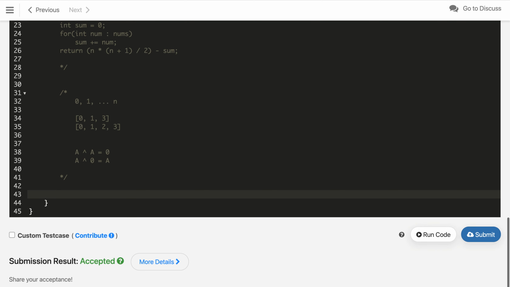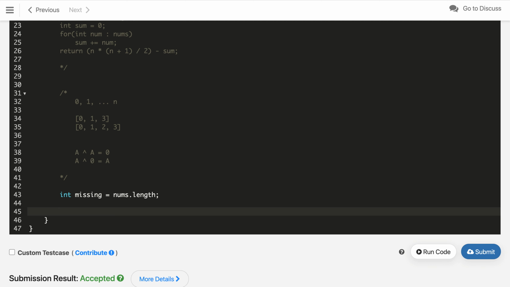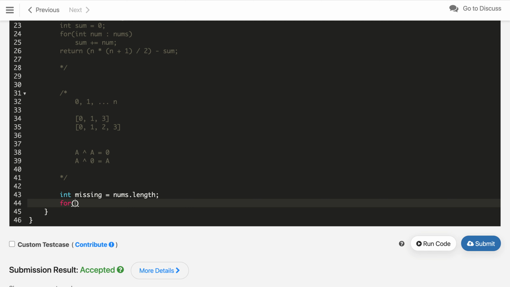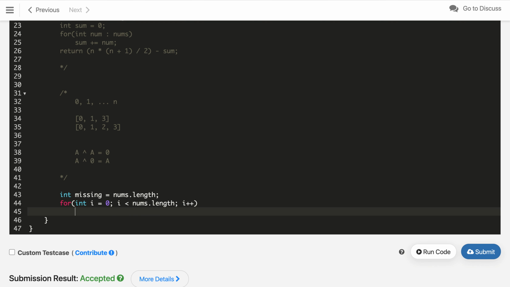So let us write the code for the XOR solution. int missing, and the missing number we will initialize with the length of our array. After that we will iterate over the numbers, int i equal to 0, i less than nums dot length, i plus plus. Now we will write missing is XOR with i, XOR with nums of i.